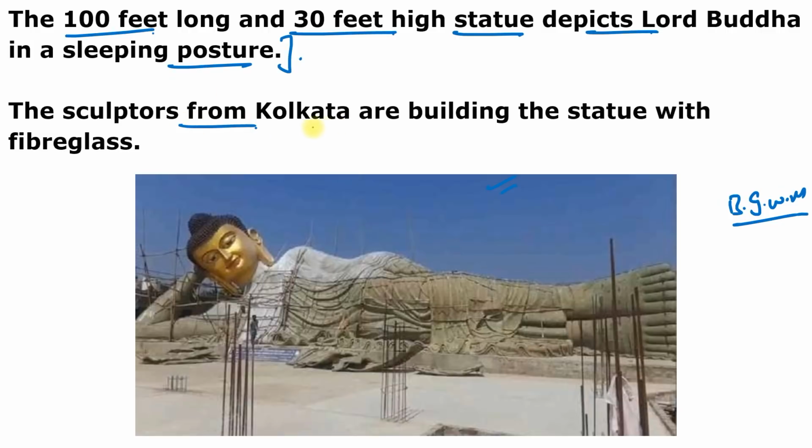And the sculptors from Calcutta are building this statue with fiberglass. The construction of this statue started in 2019, and it will be open for the devotees from February 2023. It means next year, it will be open for the devotees. And Bodh Gaya is an important pilgrimage center for Buddhism, and it's visited by devotees from all over the